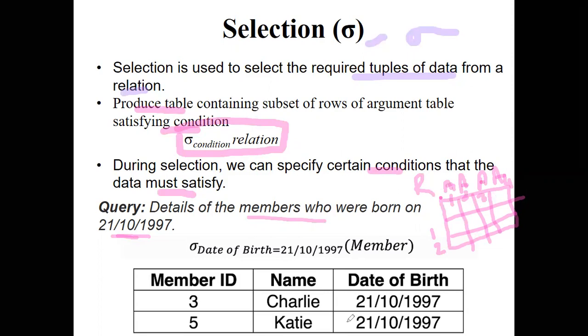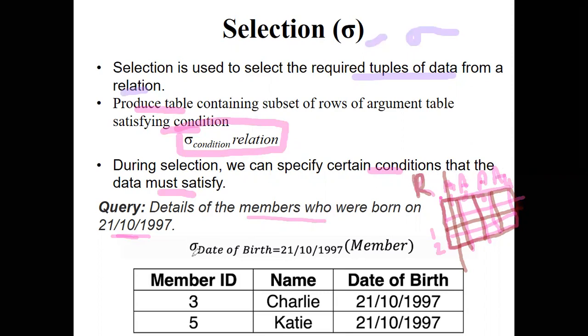This is a relation, which is a combination of rows and columns, right? Attribute 1, attribute 2, attribute 3, attribute 4. So I have 4 attributes here and 2 tuples. This entire thing we call a relation. Project will select only the columns, but select will select only the tuples. So when we select a tuple, we get all the set of attributes.